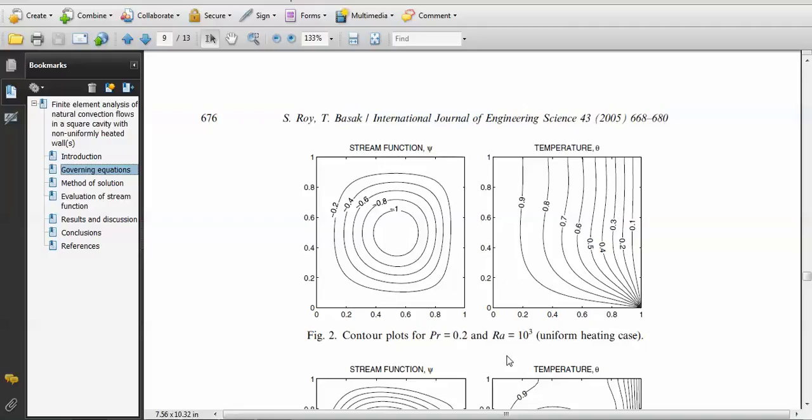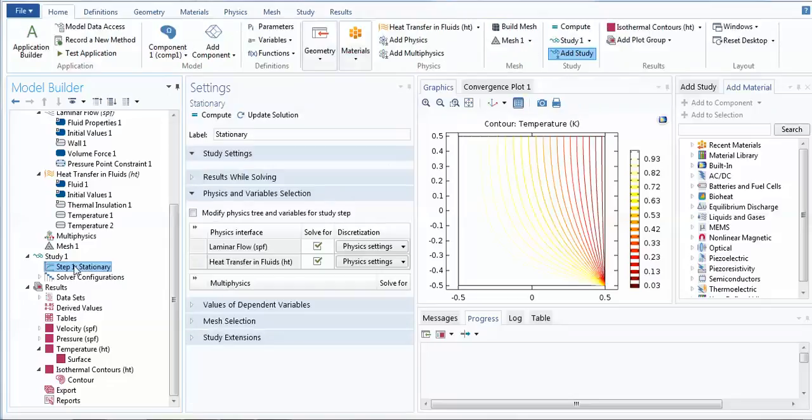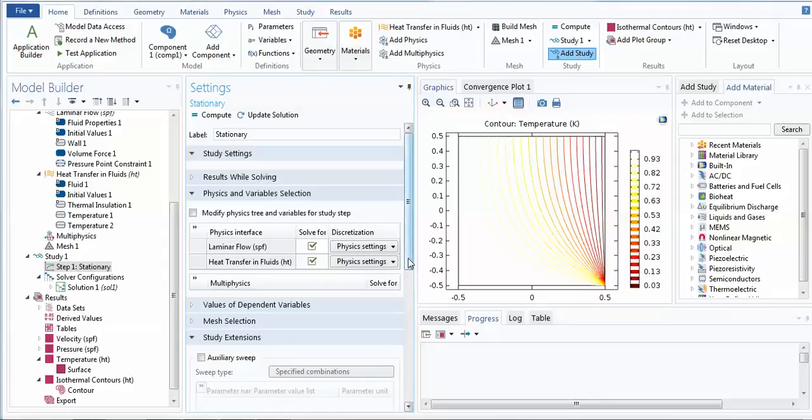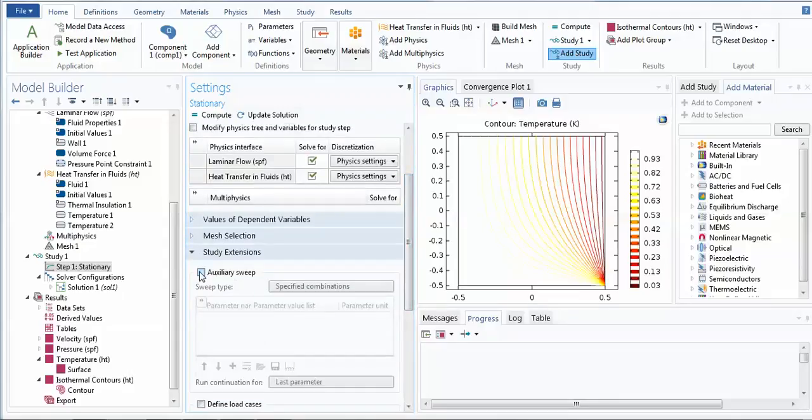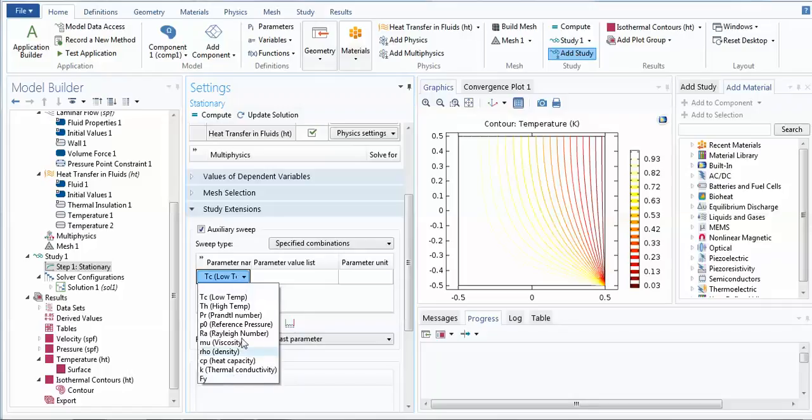But if I wish to see the RA, I can go to the solver here. There is a study extension. When you click on it, you can write auxiliary sweep, and from there when you wish to add this, you can see that there are several parameters which we have used.